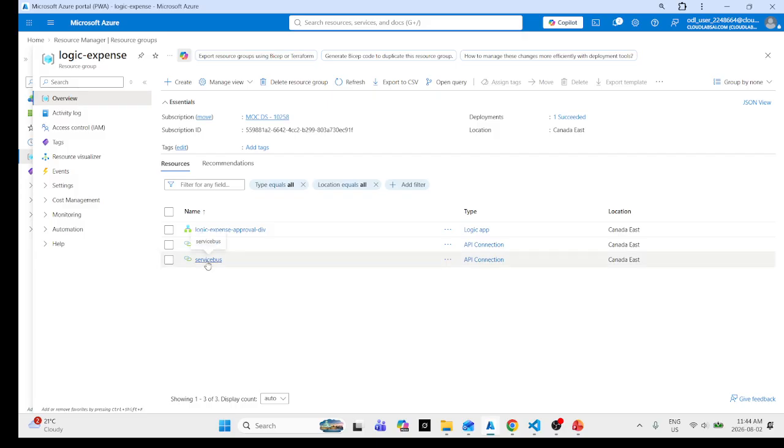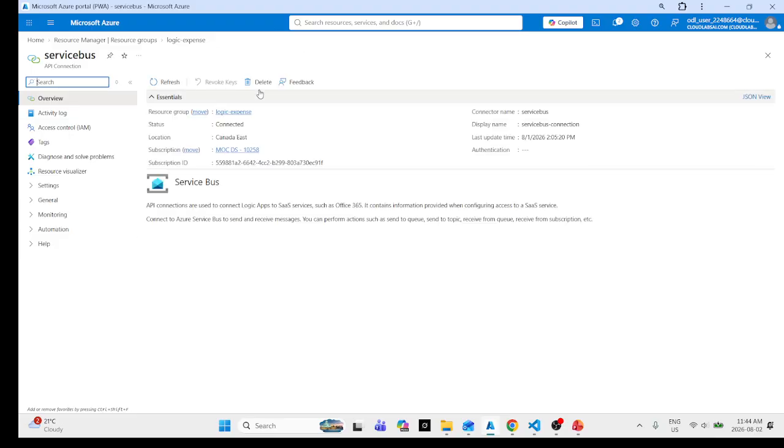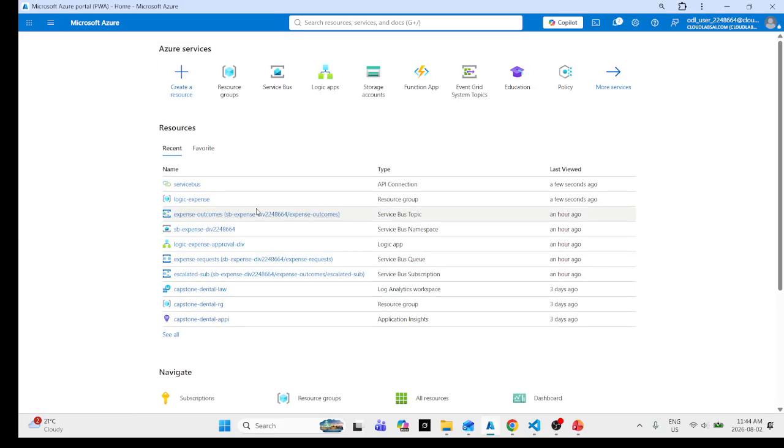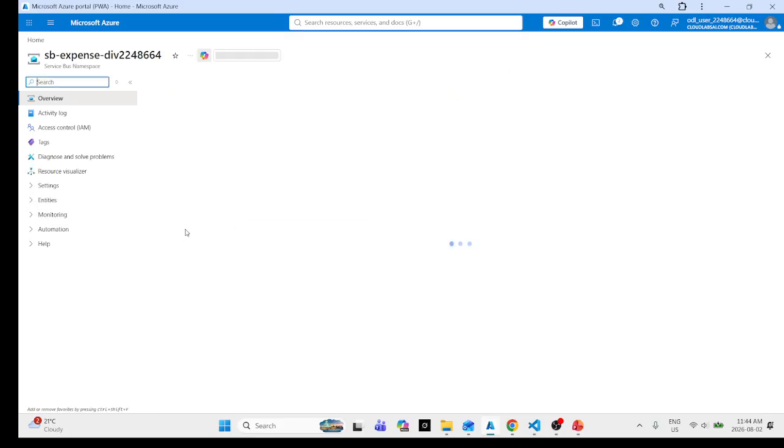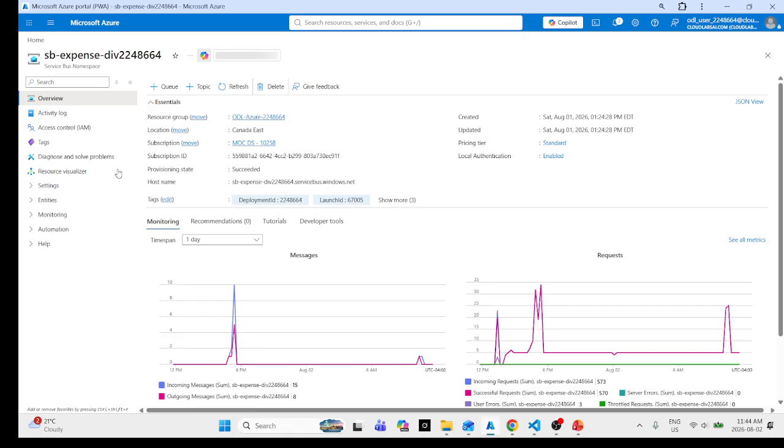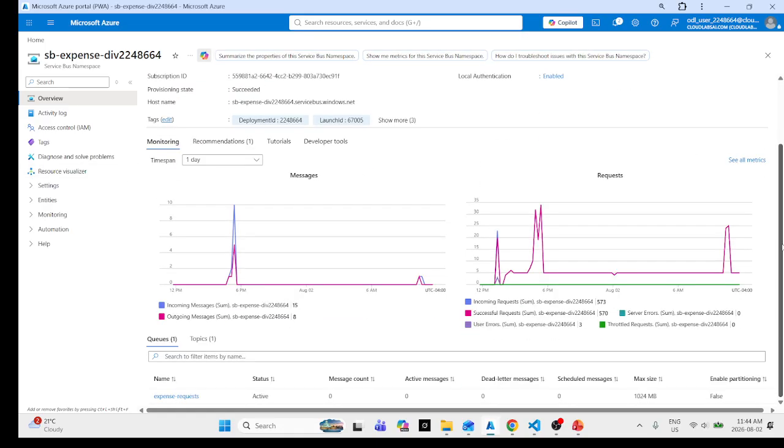So let's do a live demo. I'll go to the Service Bus, and here it is. If you go, you can see there is an expense queue and topic which we created. So let's go to